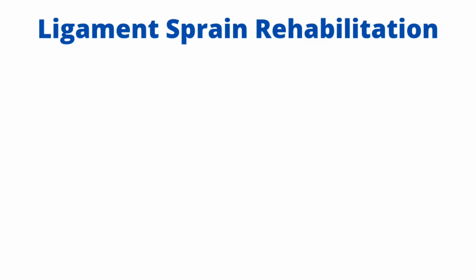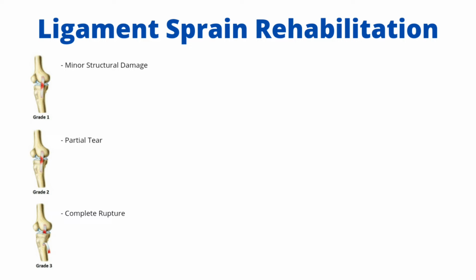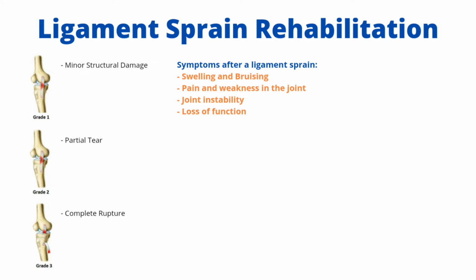As with muscle strains, ligament sprains also have a grading classification system. A grade 1 sprain is minor structural damage to the ligament. Grade 2 sprain is a partial tear of the ligament, and a grade 3 sprain is a complete rupture of the ligament. Symptoms after a ligament sprain can include swelling and bruising, pain and weakness in the joint, instability,